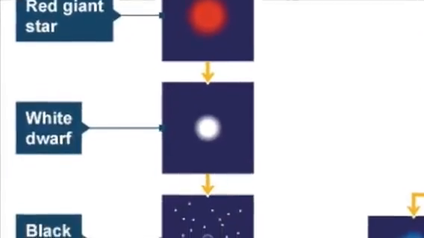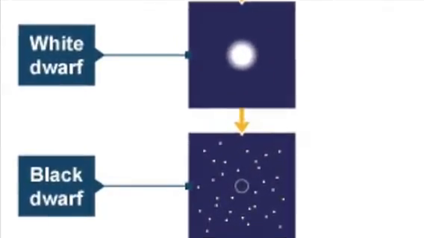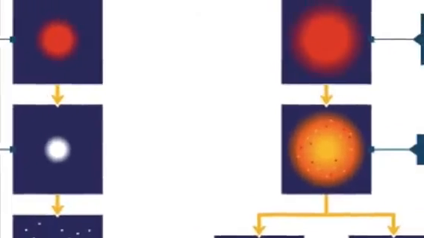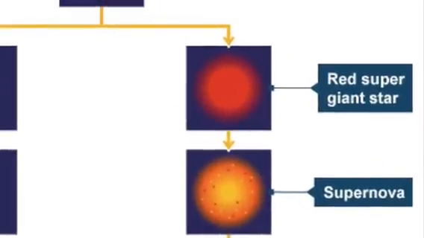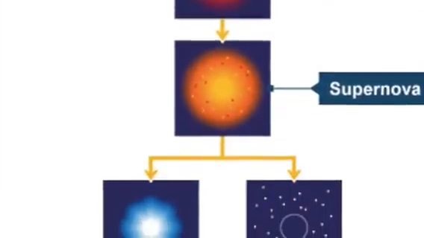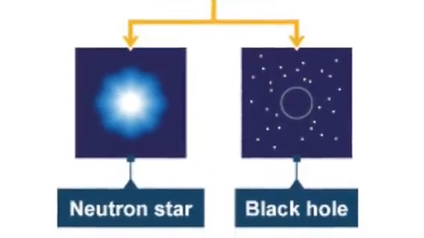When coming to the end of its life, it begins to shrink in size, but heats up so it takes on the white coloration, hence being called a white dwarf. Over millions of years, the white dwarf cools and forms a black dwarf. The other route a star can take is if it turns into a red supergiant. This eventually becomes unstable and explodes. This is a supernova. If the red giant is very large, it forms a black hole, but usually a neutron